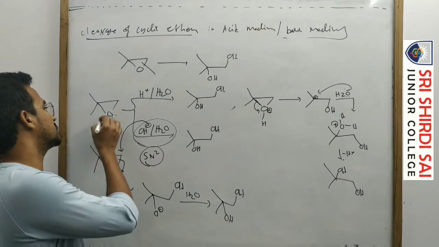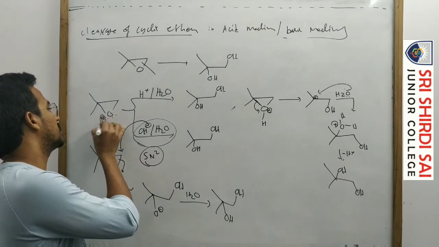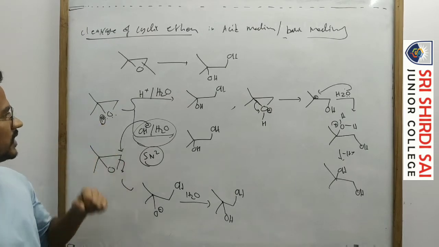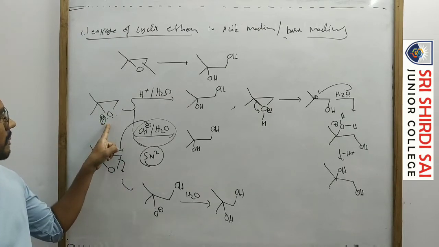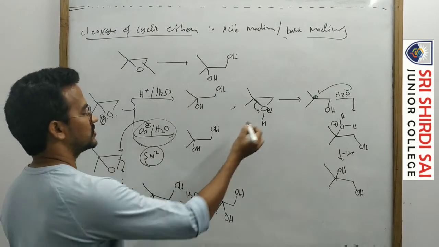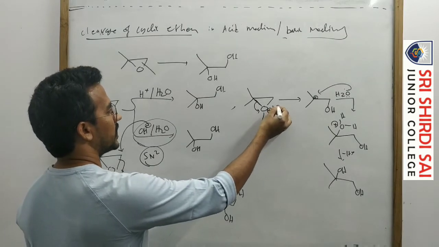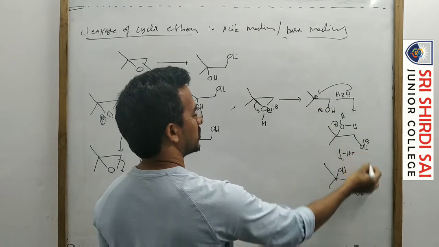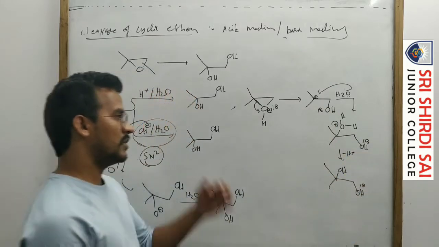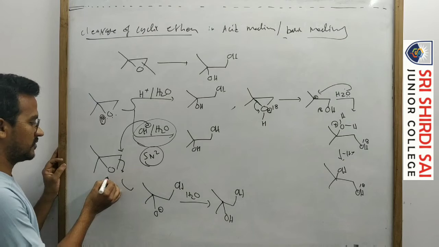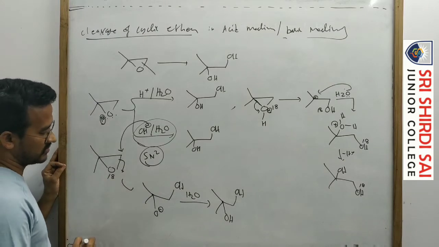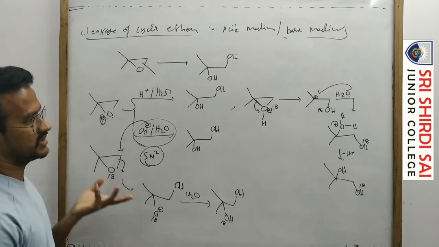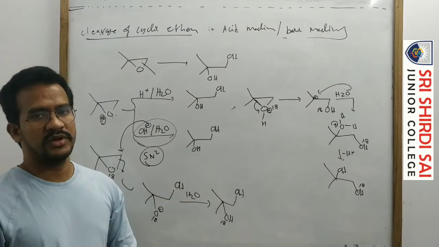But if this oxygen is an isotopic oxygen, suppose O18. In acidic medium, this is the 18, and now this one 18. Now in basic medium, suppose it is an isotopic oxygen, in this case here 18. So here the mechanism is different, but yes, structurally the products are the same.